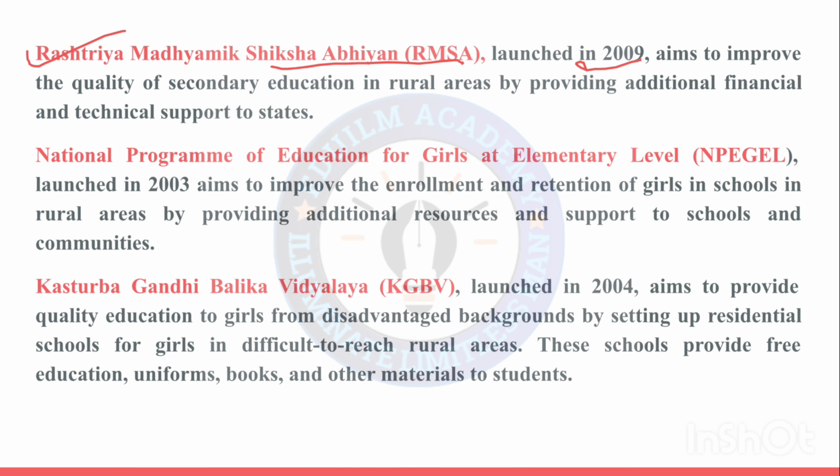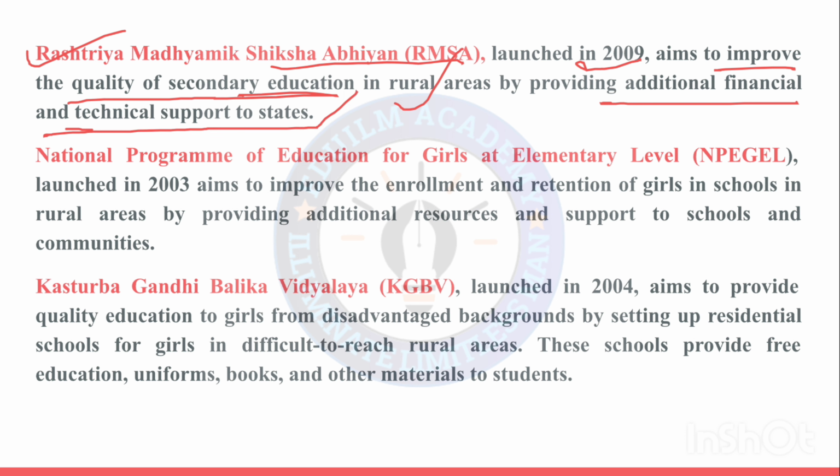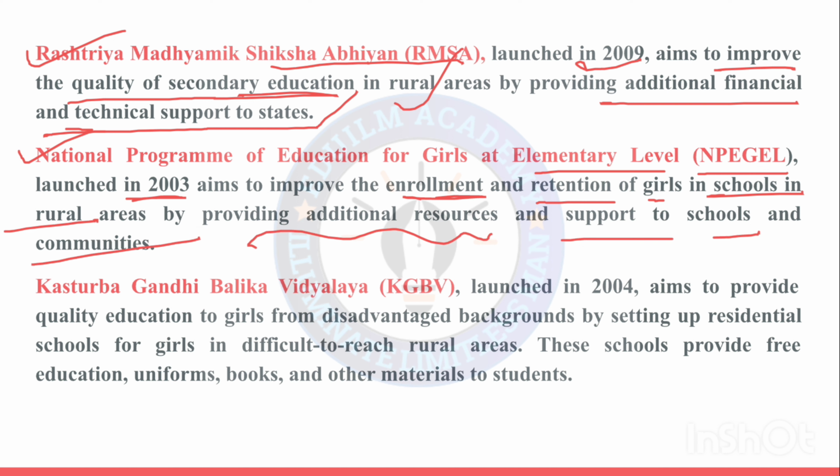Rashtriya Madhyamik Shiksha Abhiyan, RMSA, launched in 2009, aims to improve the quality of secondary education in rural areas by providing additional financial and technical support to states. National Program of Education for Girls at Elementary Level, NPEGEL, already mentioned in the Women's section, launched in 2003, aims to improve the enrollment and retention of girls in schools in rural areas by providing additional resources and support to schools